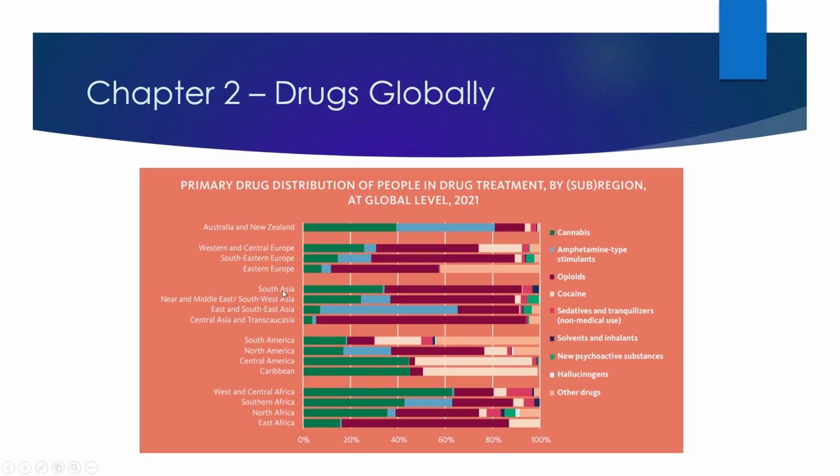Now, here we've got different parts of Asia, South Asia, etc. We don't need to cover all of those. Asia. Same story here. Opioids, biggest part of the bar. Less so, but here you can see in East and Southeast Asia that amphetamines is a big one. So that's kind of an exception there that's big, or it's a little, Australia's big there too.